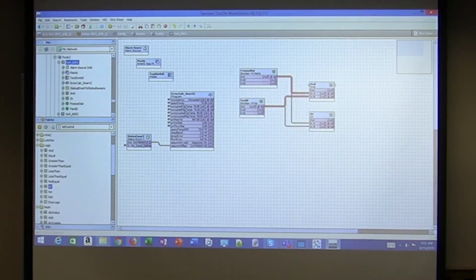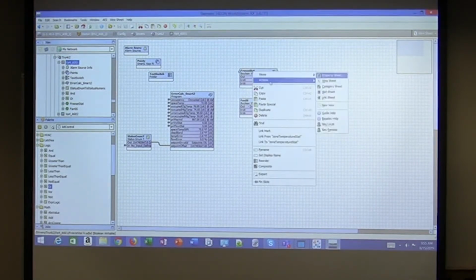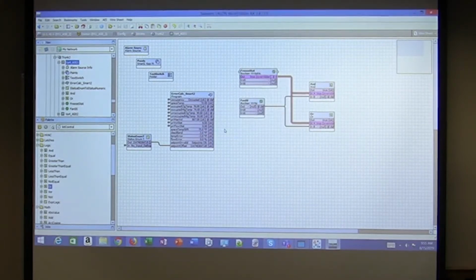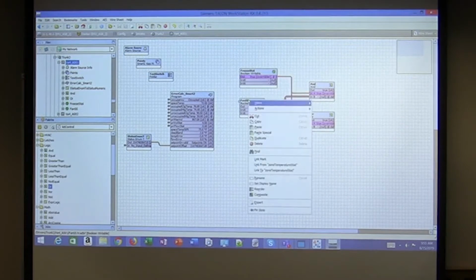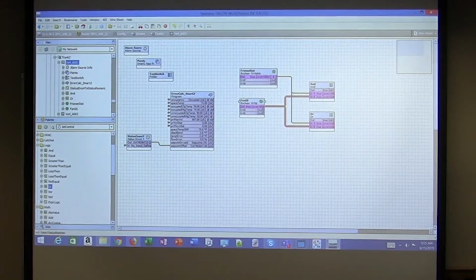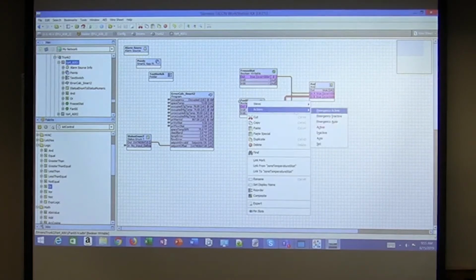So what does an AND block do? It gets a true output if both inputs are true. So it's asking that both things coming in match and are true to send out a true. So if I told the freeze stat that he's active, or true, and then I tell the fan that he's on, or true, then I get a true out up here. So that's where we get that AND. If I turn off one of them,